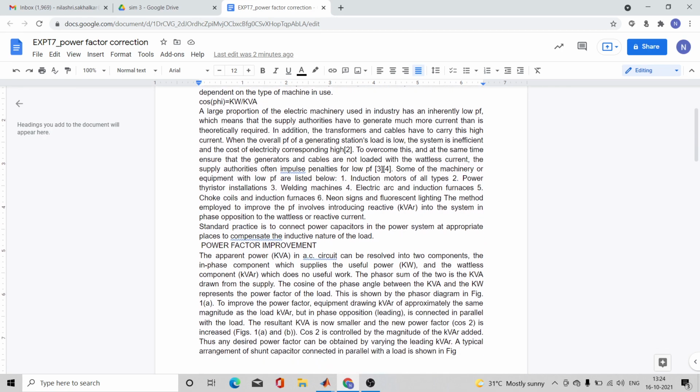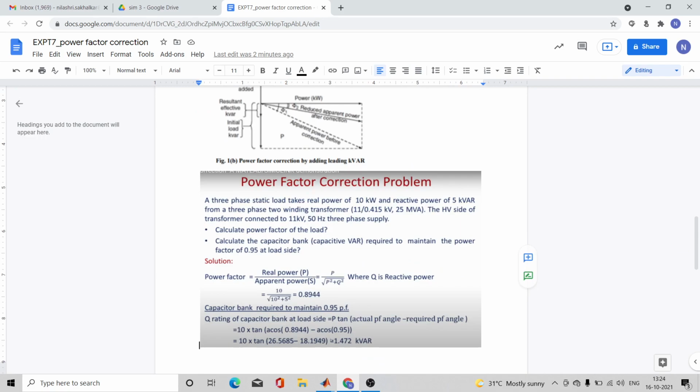This is the problem statement that I'm going to discuss with you. You have a three phase load which takes a power of 10 kilowatt and a reactive power of 5 kVAR from a three phase two winding transformer.